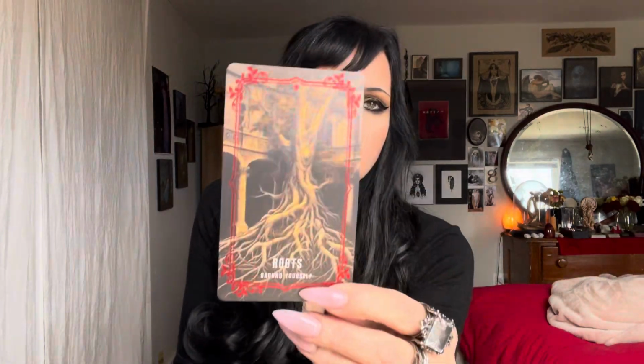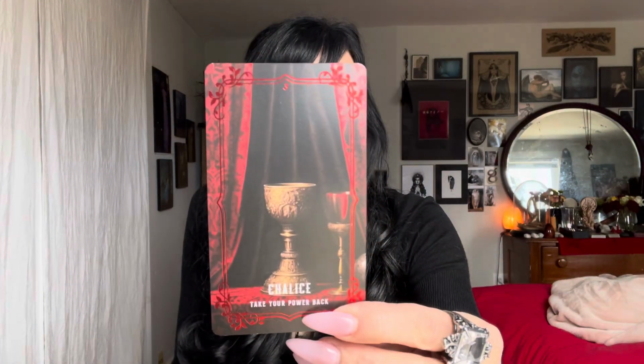And oh, I love this card. This reminds me of like Lovecraft meets my fantasy library in my mind. But yeah, this deck is stunning. I'm going to show you two more images, and then I want to give a sample read for you so you can see how special